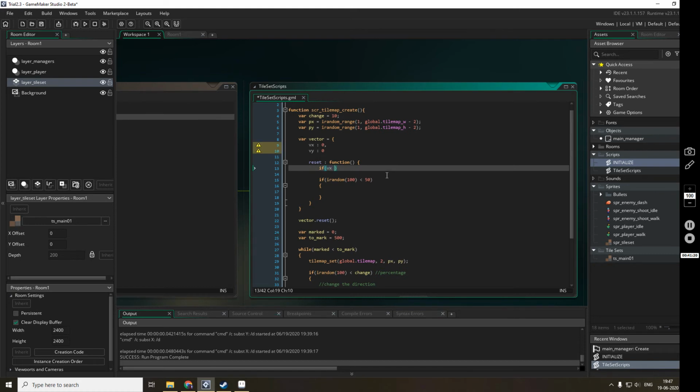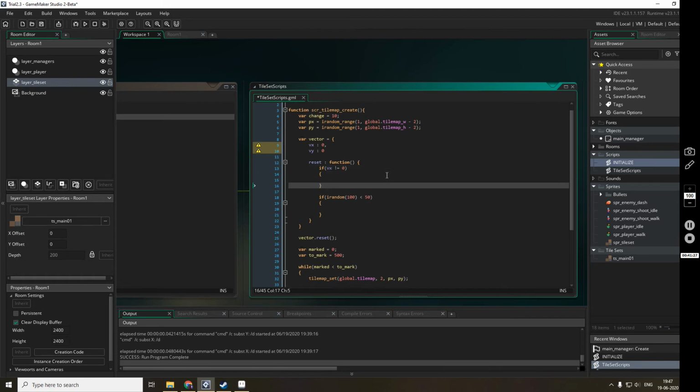If vx is equal to 0 and vy is equal to 0, if both are 0, so this is the first time when it is reset, then we have to do this.